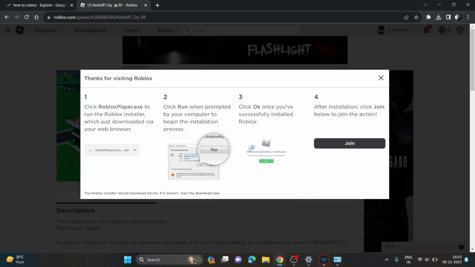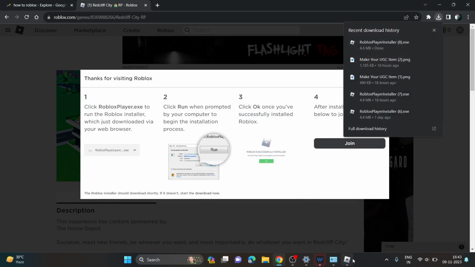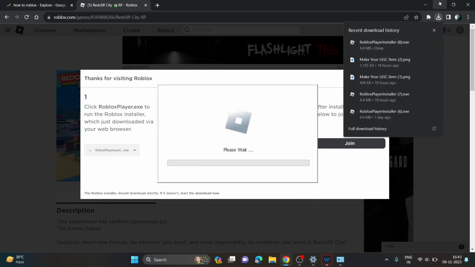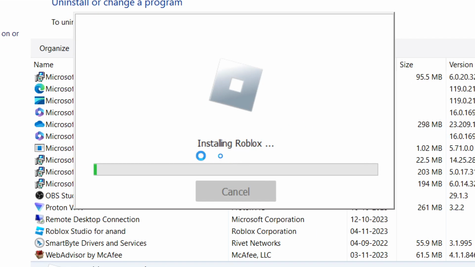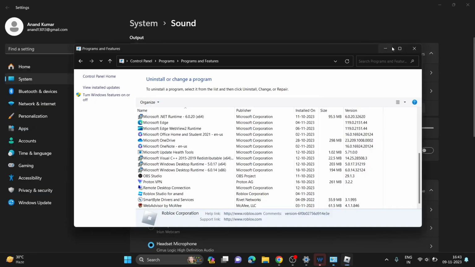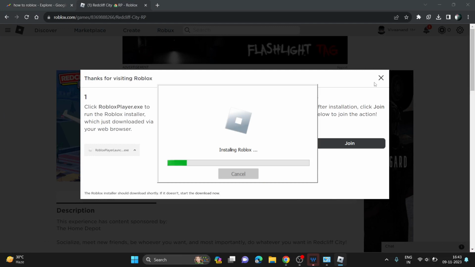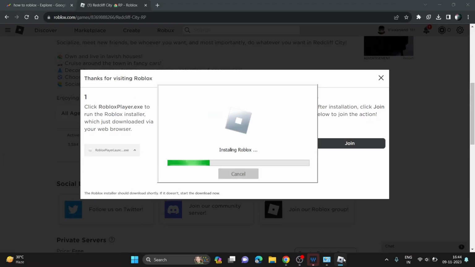And as you can see, got this app. Yeah, you can see the Roblox has been starting down installing. So just wait for it to finish it. Once the Roblox app is installed, right now, it takes a very few seconds or minutes to complete the process,